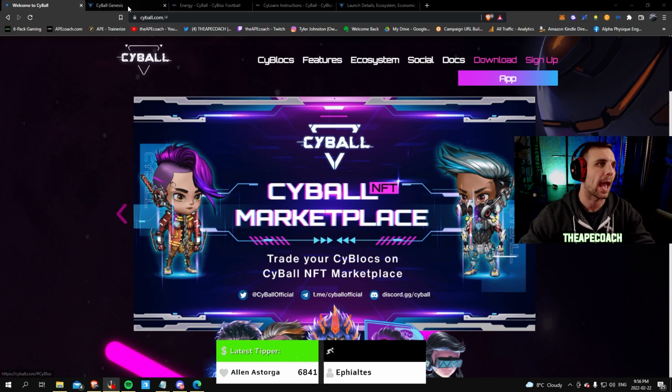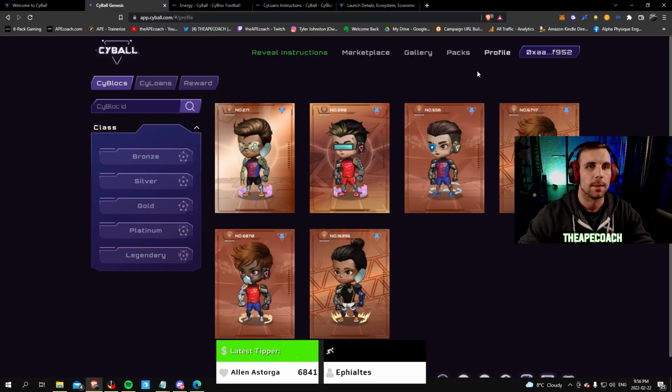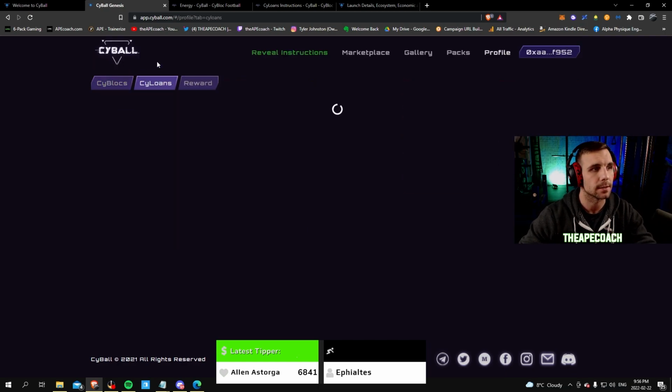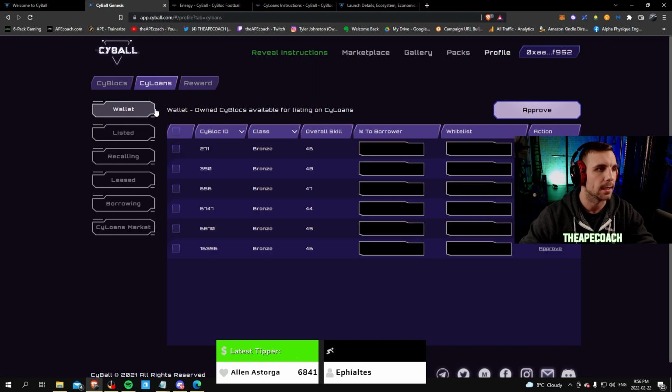You come here, you click app, and that will take you into basically your profile page once you've connected your wallet. And you can see we've got 2 teams here, so we are going to set up a scholar with one of these teams. All right, so we come here to the CyLoans tab,